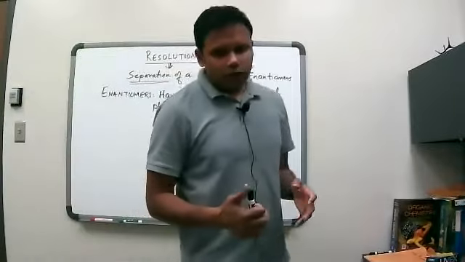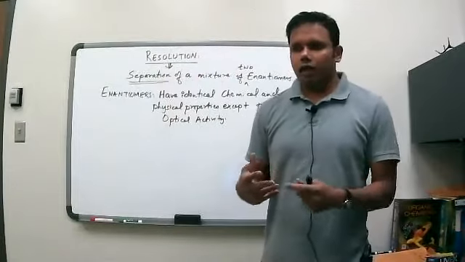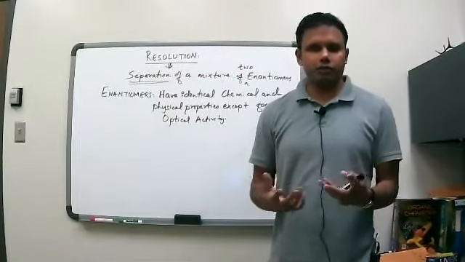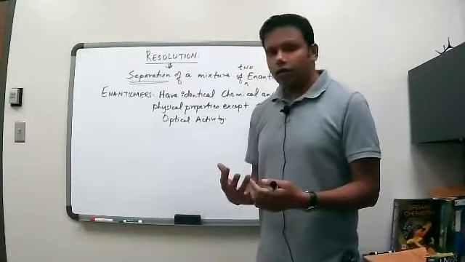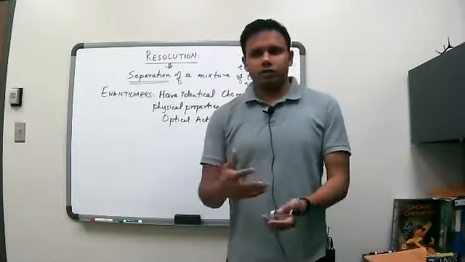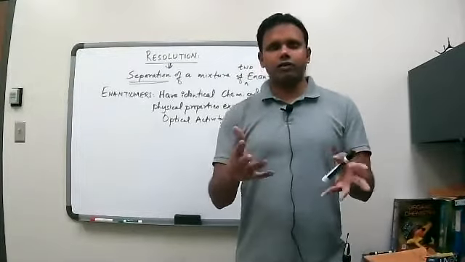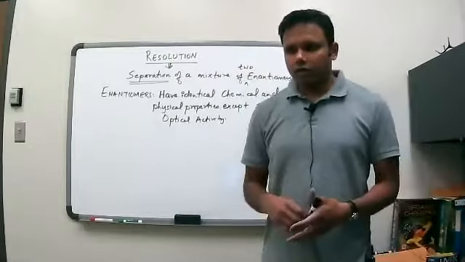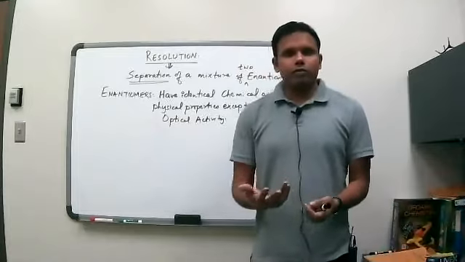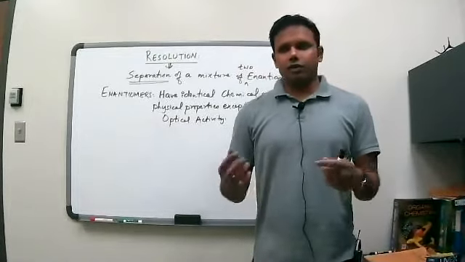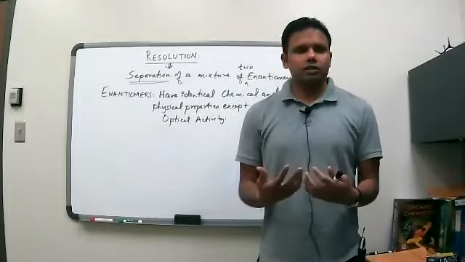So if you think about it, when we think about separation from a chemist standpoint, how do we separate molecules? Like if I had a mixture of two compounds and if I wanted to separate them out, how would I do it? What are some things that you can think of? Something that you might have done in the lab, like 3140, or maybe in Gen Chem. But how do you separate compounds? One of the properties that might come to mind is distillation. You basically do a simple distillation or a fractional distillation,